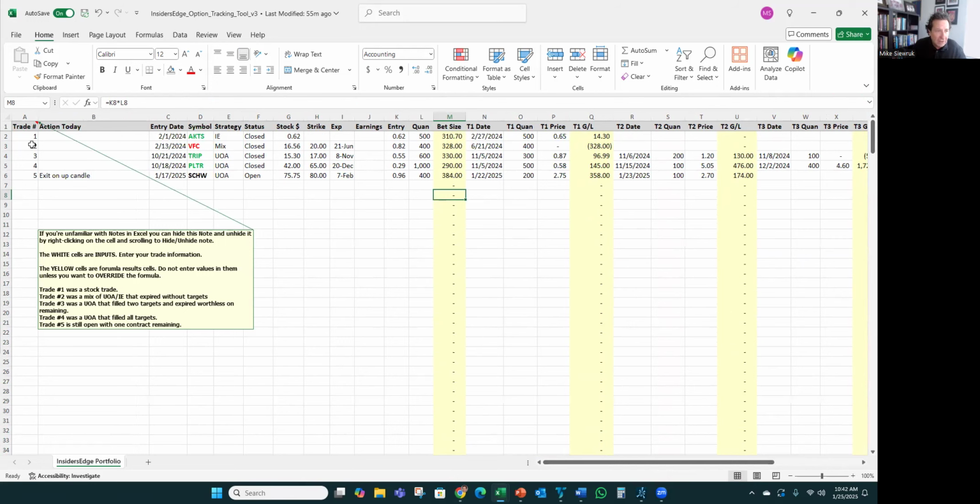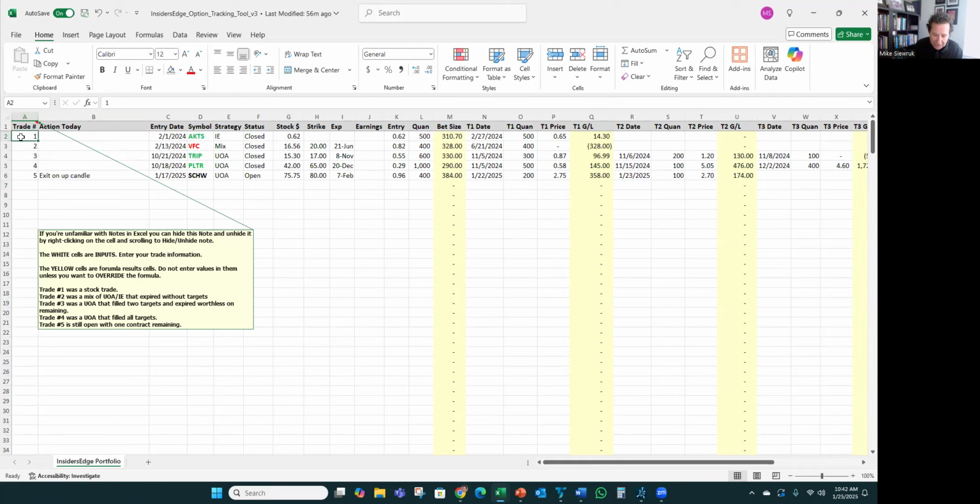Okay. So let's take a look at the column headers. The first one is trade number. The reason I would like you to do this, and it's got nothing to do with the date, is just keep adding a number here. And the reason is we're going to show you how to sort this data so that it's easier to manage your open positions. And in some cases, you may want to go back to the original layout, in which case you would simply